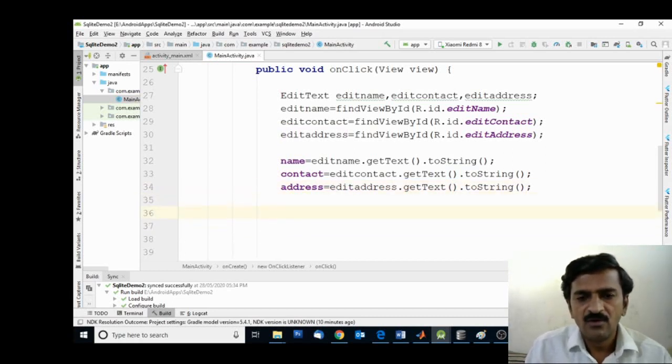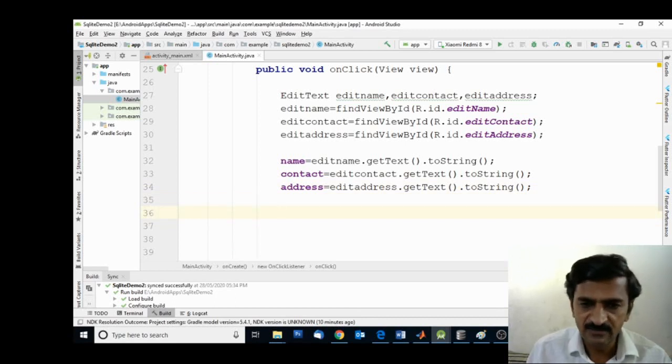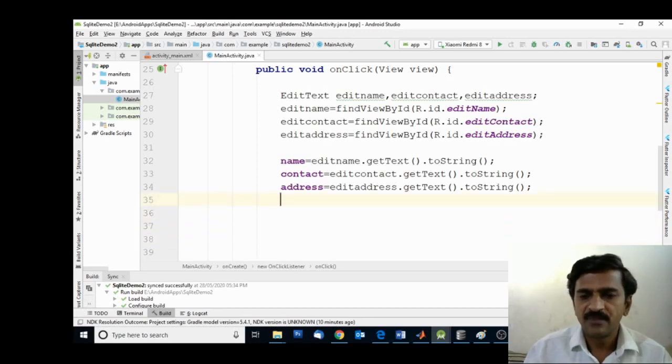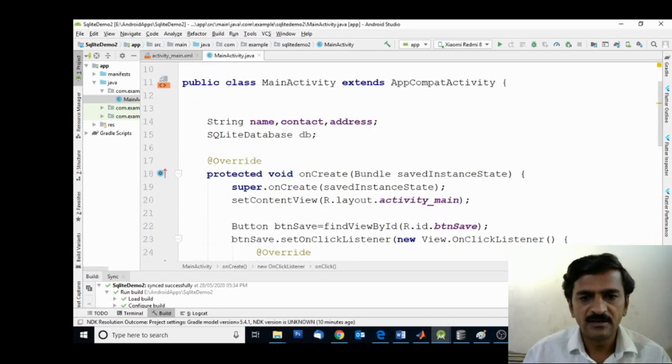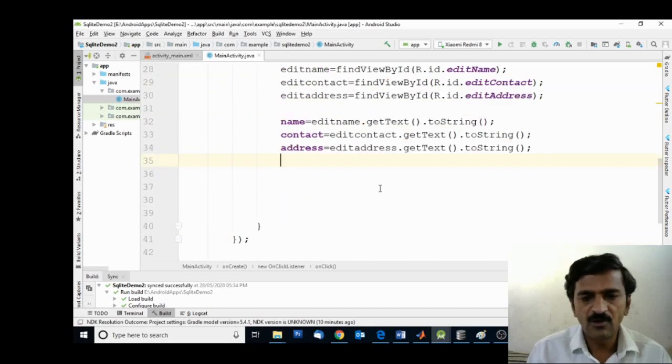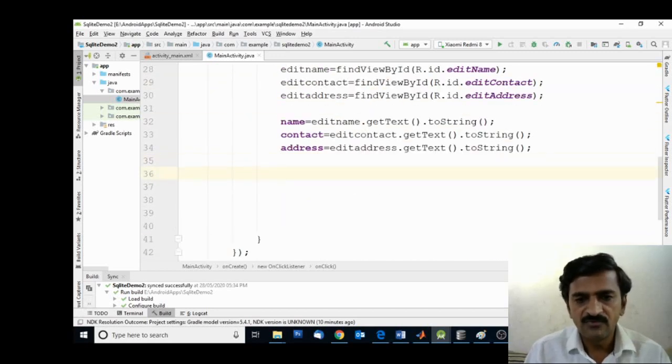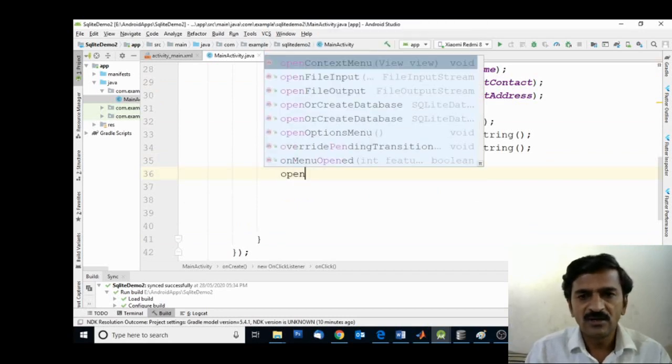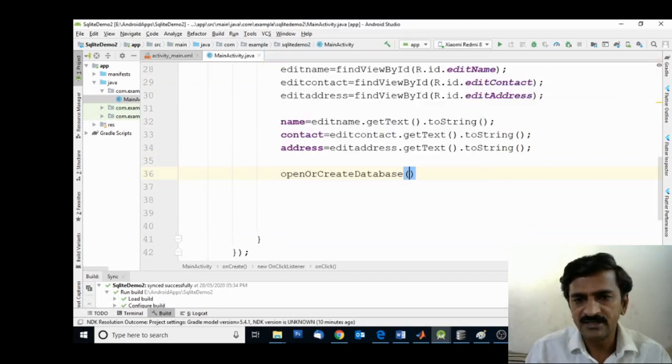Now we can move towards creating the database, creating the table, and inserting the record, meaning name, contact, and address, into the table. So for that, I'm simply going to open or create the database. The function for that is openOrCreateDatabase.